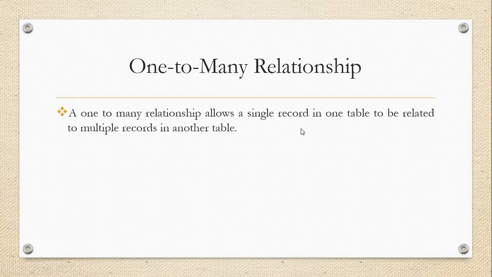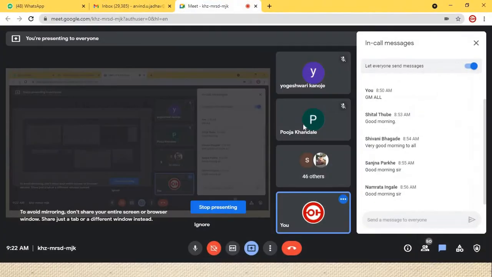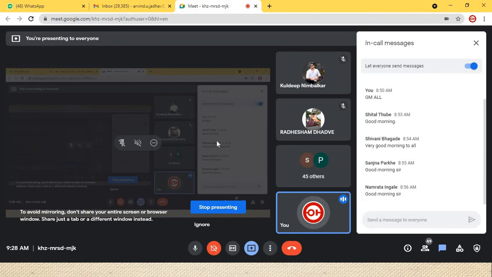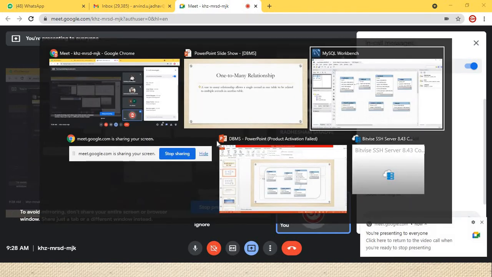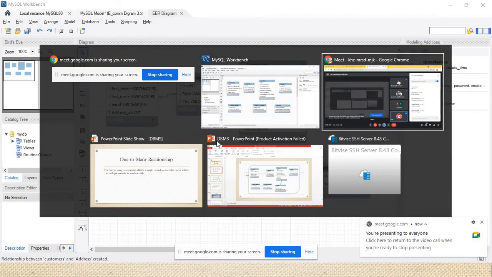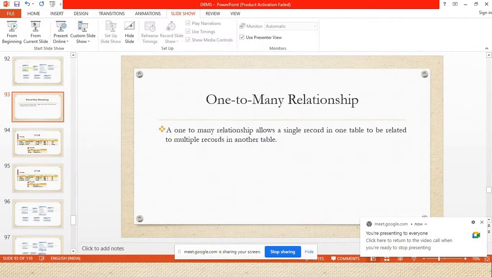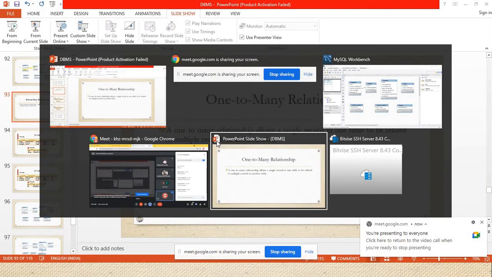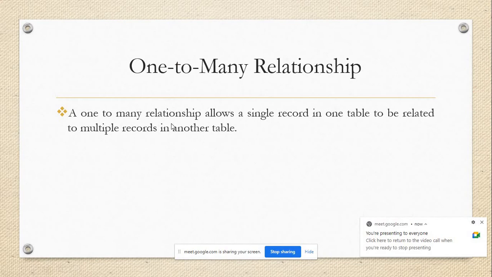A one-to-many relationship allows a single record in one table, either from the left side or from the right side, to be related to multiple records in another table. If you are checking the single record of the first table and multiple records of another table, then